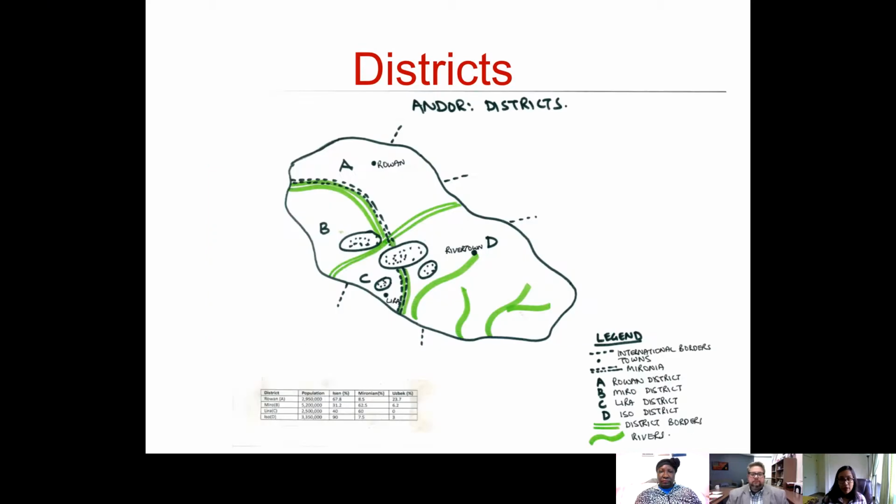But I also give them a map, and I need to make this prettier, right? This is a really roughly hand-drawn map, but it shows them where the borders are, how the different territorial divisions play out, where the rivers are, where the oil fields are. So it really helps them in the final stages of the game where they have to figure out what the country is going to look like post-conflict.